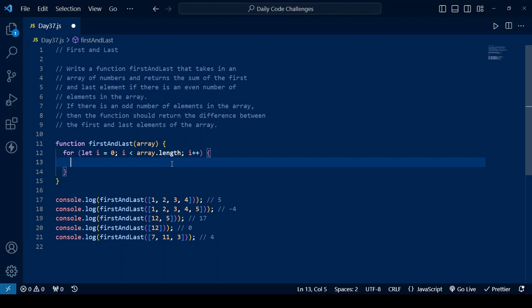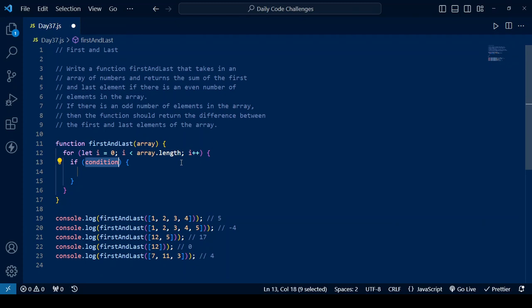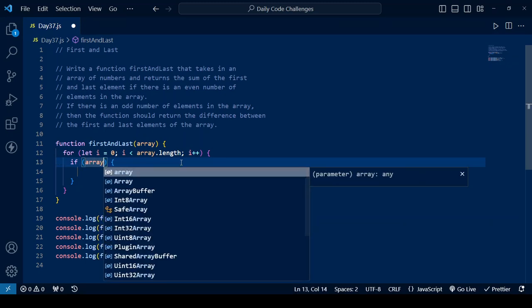So the next thing we want to do is we need to write a condition, and this condition is going to help us check if the array is of even number or if it's odd array, meaning that if the total number of items in the array is even. So that's what we want to check right now. So we are going to be using the if statement. We say if, then we say array dot length